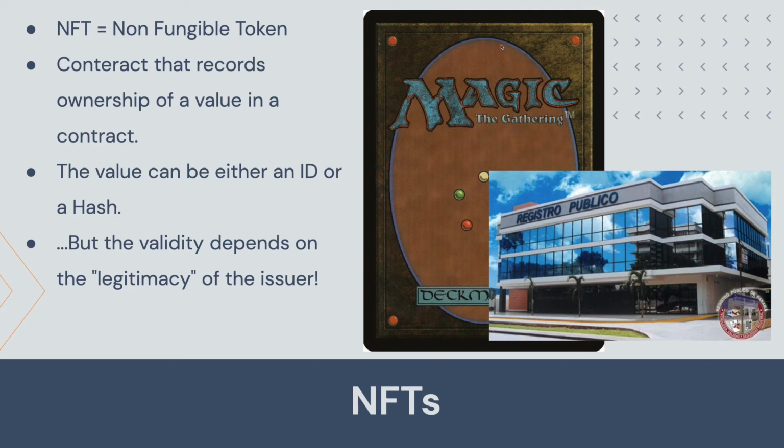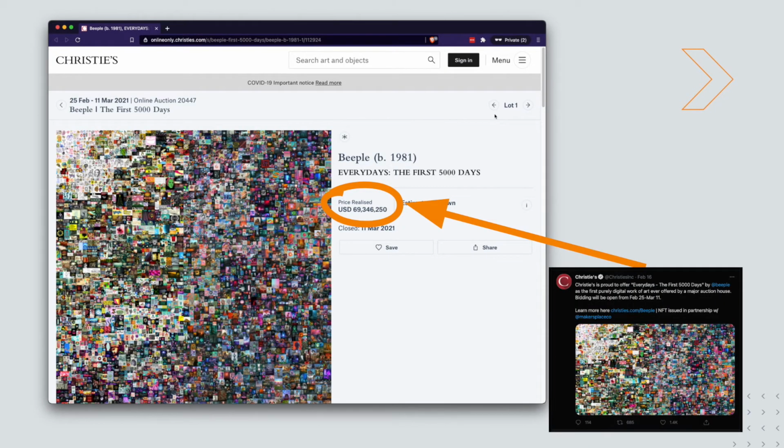Remember this news? This is the first NFT auction from Christie's. It sold an NFT of a digital image that ended up worth $69 million. The reason it's worth that is because Christie's sold it, and because the artist himself accepted that as a legitimate copy. So the NFT has legitimacy. If it says it's worth it, it's worth it.